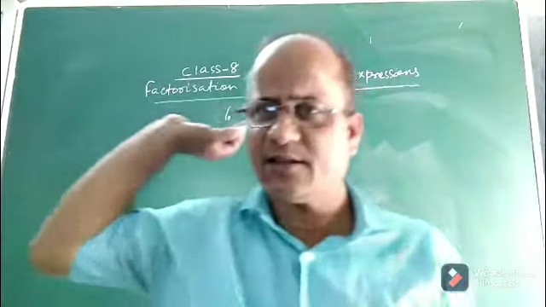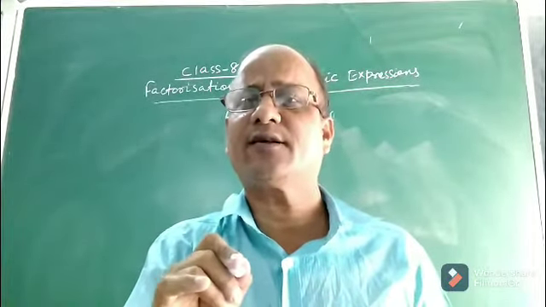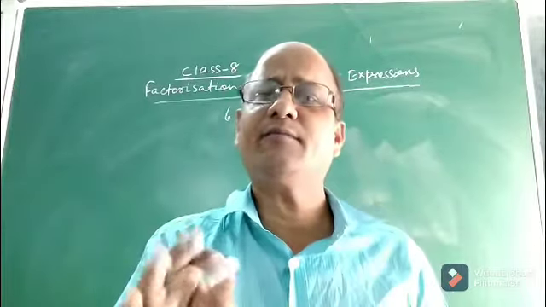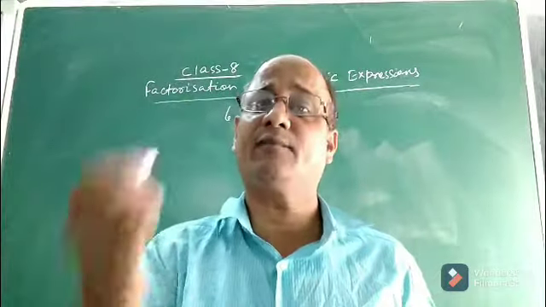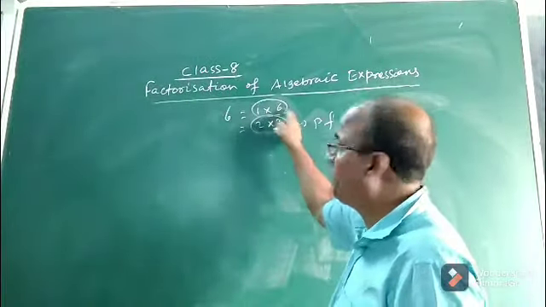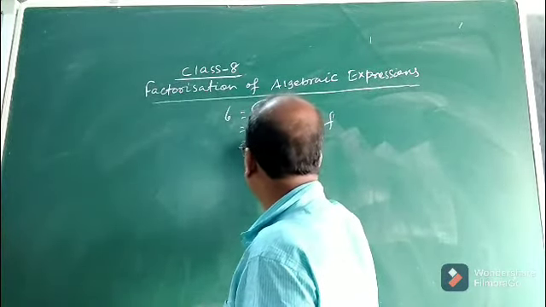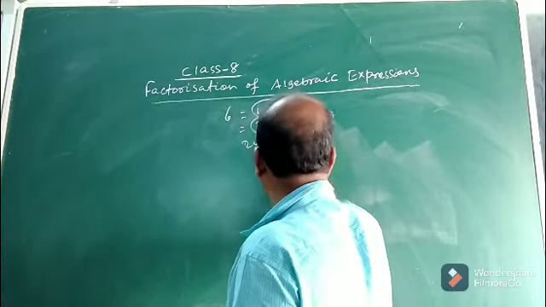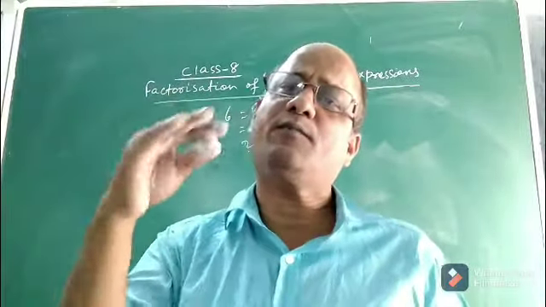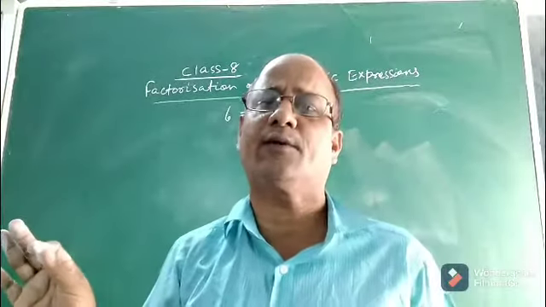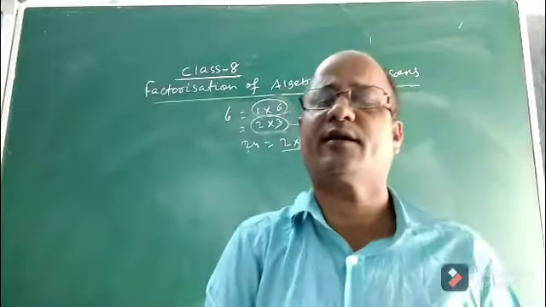So what I meant to say, children, in this particular example is, what is factorization? If someone asks you, what will you answer instantly? You will say, sir, factorization means the way of expressing a number as a product of 2 numbers or more than 2 numbers, not necessarily 2 numbers. If I say 24, 2 into 3 into 6, you see, this is also a factorization of 24. Okay. So, when we express a number as the product of 2 or more than 2 numbers, it is called factorization of that particular number. Similarly, like we factorize a number, we factorize an algebraic expression also.